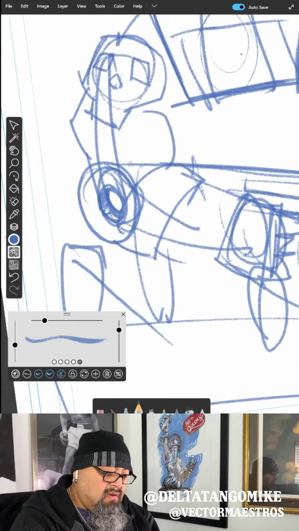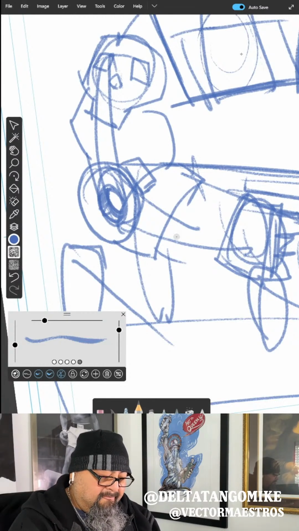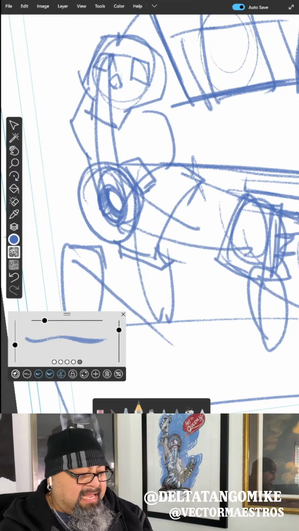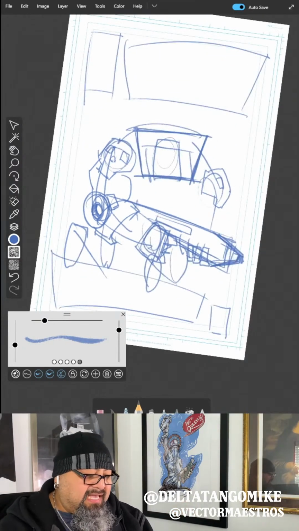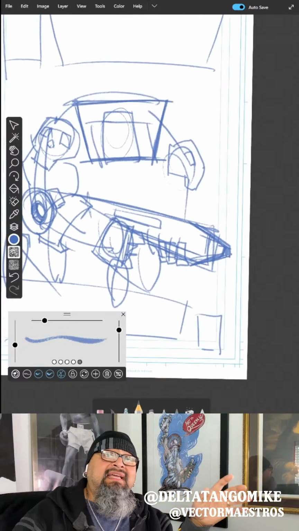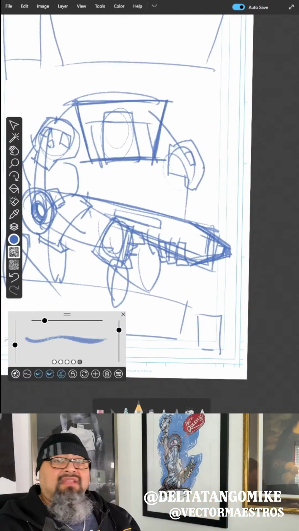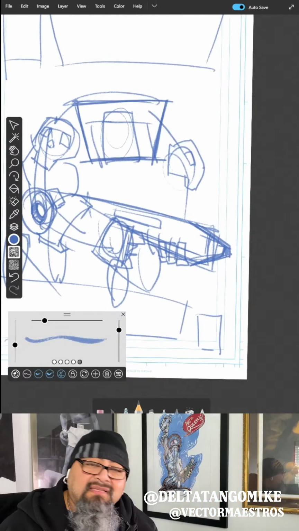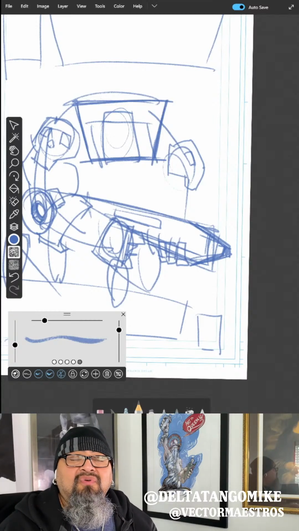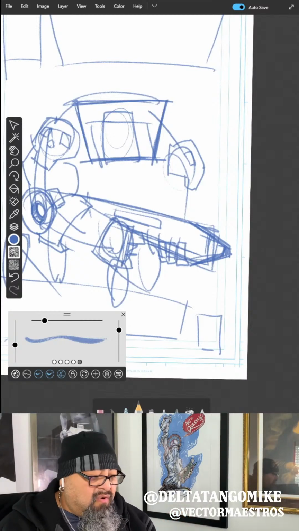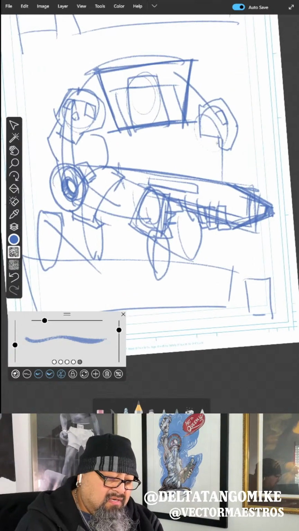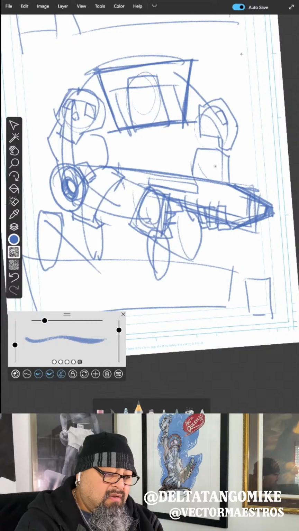Oh yeah. And I'm just kind of adding elements. I don't have to copy everything that Lulabi, I forget how to say the name, drew. I can make up my own gear. There you go.